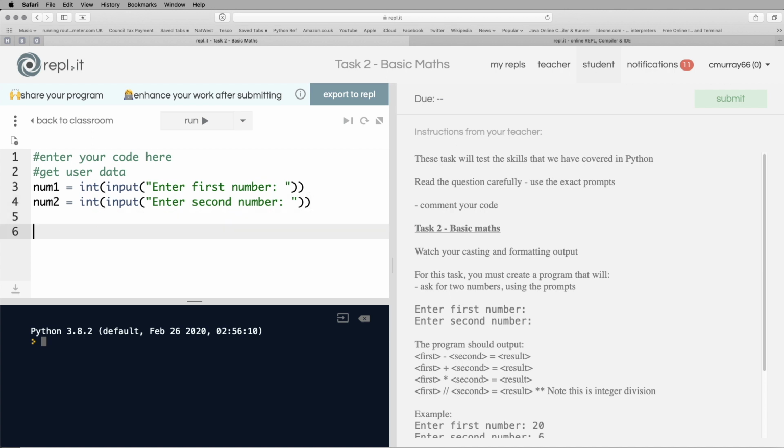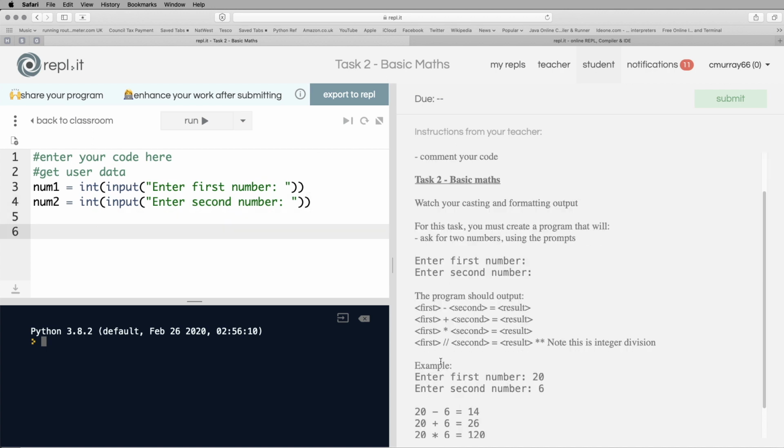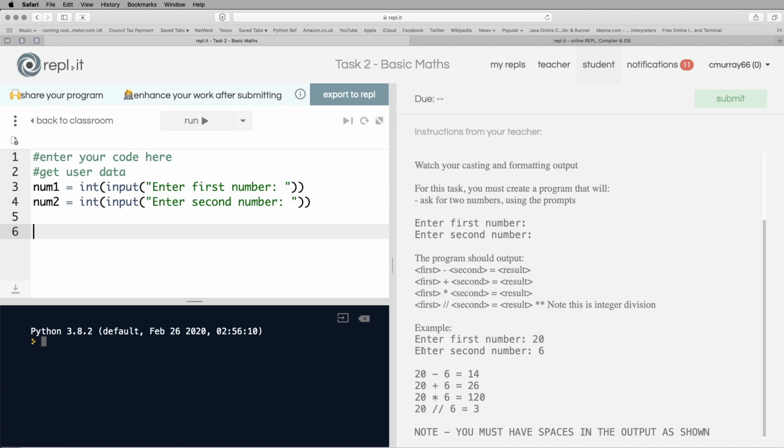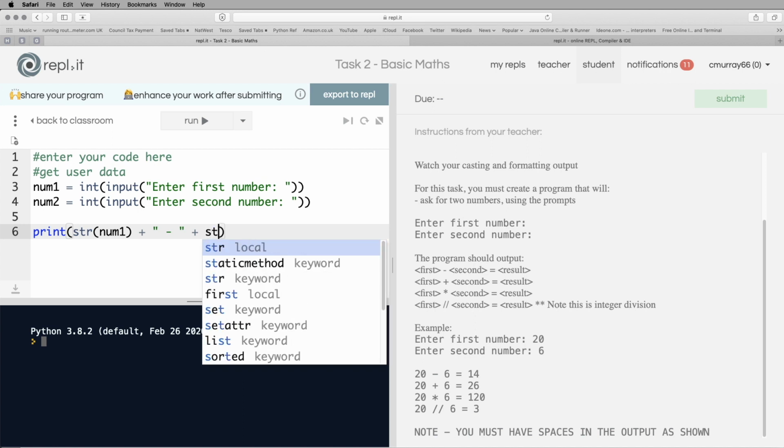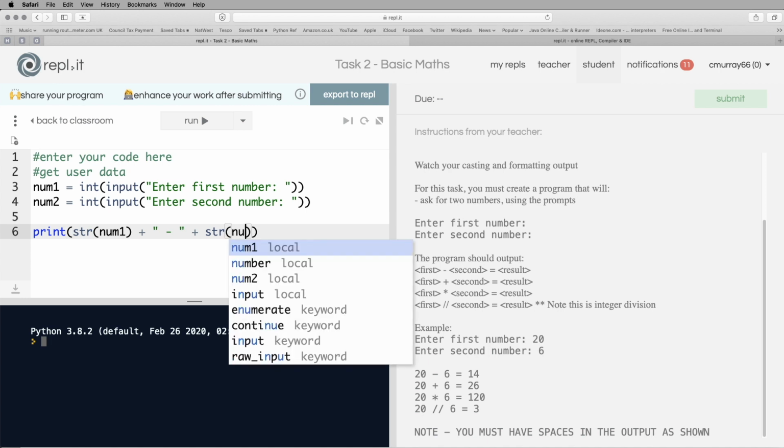So I've got the numbers now, and what it wants is something really tidy printed out like that, and you've got to have all the spaces the same as well. So let's get this first one done. I need to print string num1, concatenate with the minus symbol, and then concatenate with the string of num2